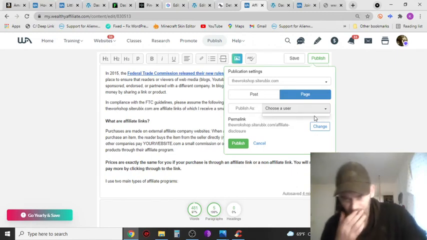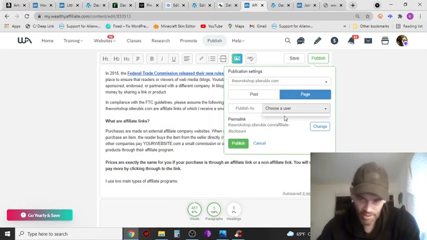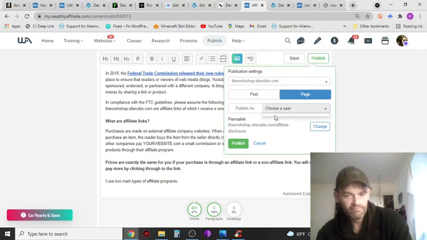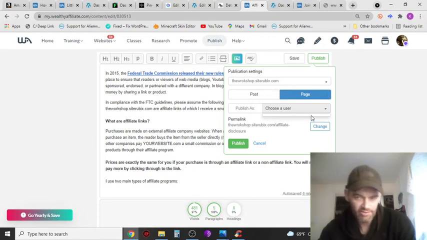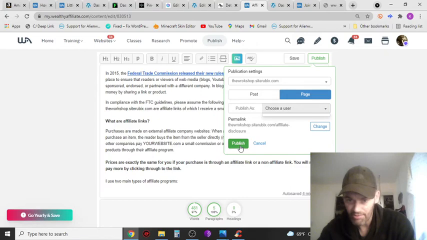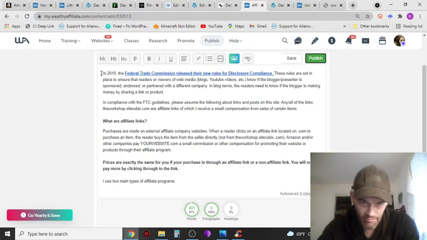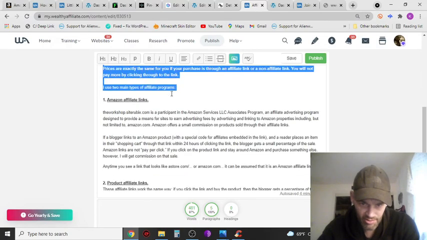Alternatively, that'll bring down a drop-down menu. As you're the only user on it, it'll say admin. You just click that and you're ready to publish. Since this is mucking about in this instance, we're going to do it the manual way. We'll scrap that idea and we shall just copy